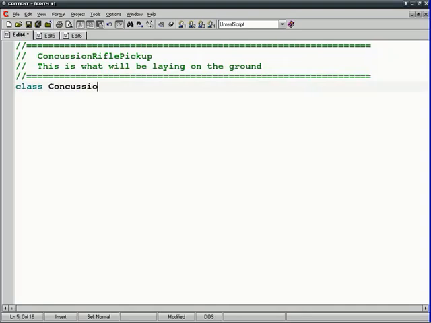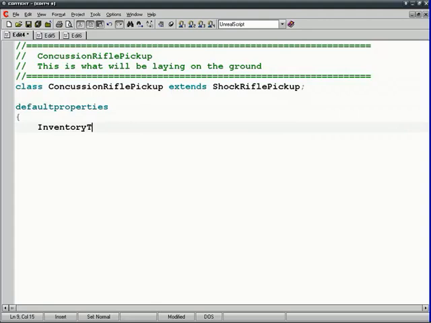Class concussion rifle pickup, and it is going to extend the shock rifle pickup. The only thing we're going to do in here is assign some default properties. So basically we're just overriding the default properties that come with the shock rifle pickup. So inventory type equals class, and a single quote